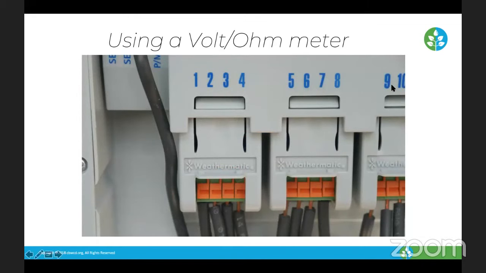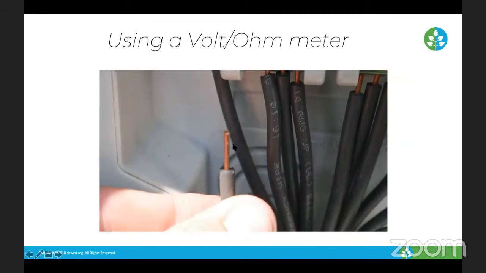Here's our station wires. So we have 1, 2, 3, 4. These are in what we call modules. These are connected to the valves, so valve zone 1, 2, 3, 4. You can see this is a larger gauge wire because these are buried underground. This is a 14 gauge wire. So you want to strip it